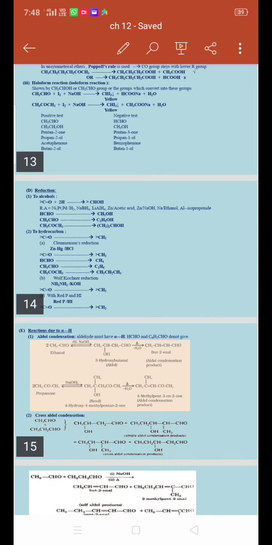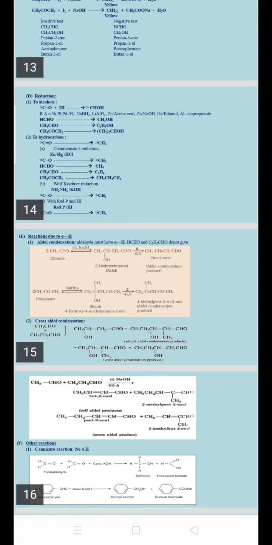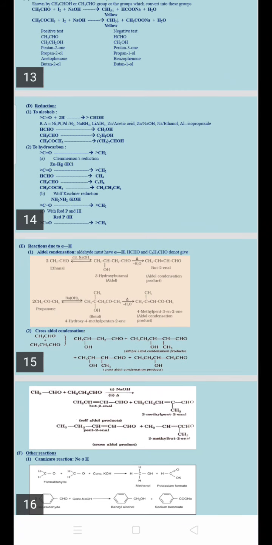Now look into the second reaction. I have acetaldehyde. When acetaldehyde is reduced, I again get 2 carbon atoms, the same as the reactant. This is called ethane. Finished. Now what is third? Third is the reaction of ketone. How is my ketone reduced to hydrocarbon? Here I have dimethyl ketone, otherwise called propanone, which is reduced to, look at the number of carbon atoms, 1, 2, 3, so it is propane. So my propanone is reduced to propane. Finished. So we have seen 2 reduction reactions of aldehydes and ketones.